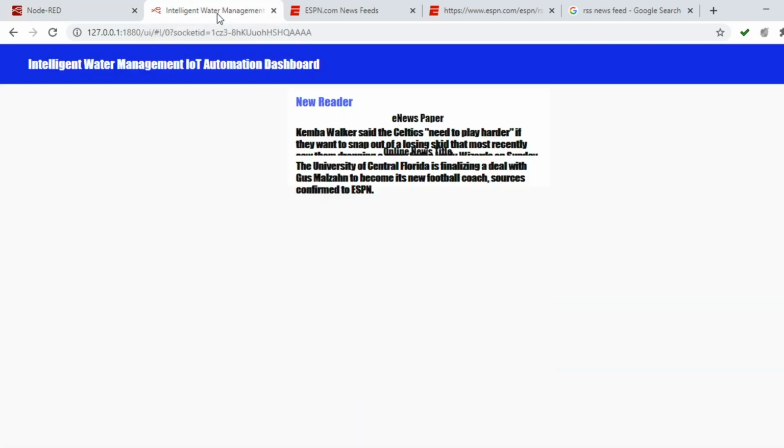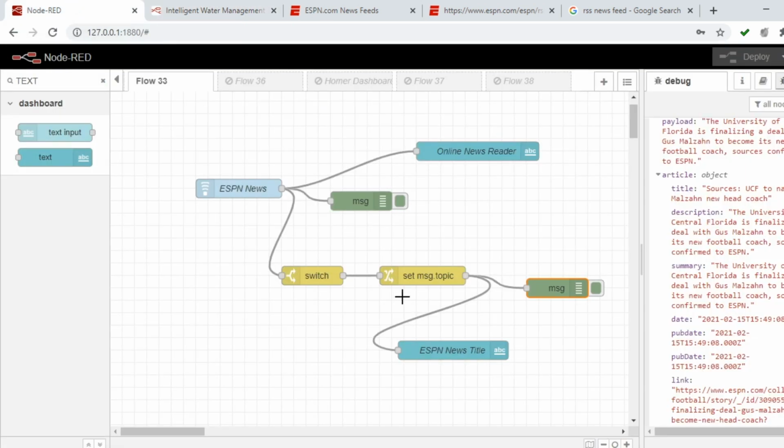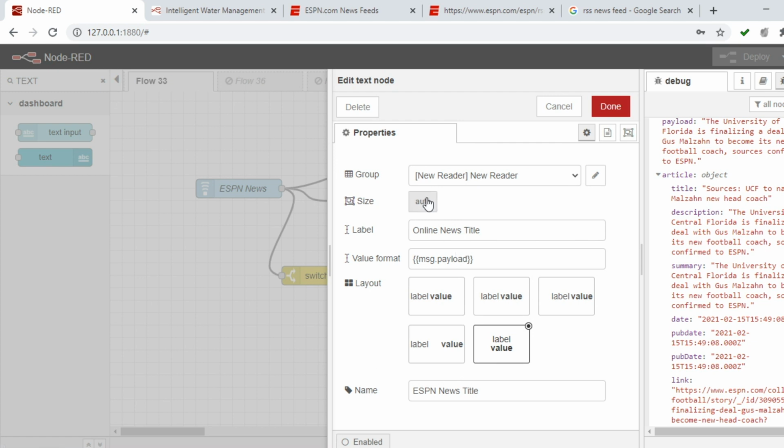So you can see that the University of Central Florida has been displayed. If you want to give some space, you can give space. So size we can select it.